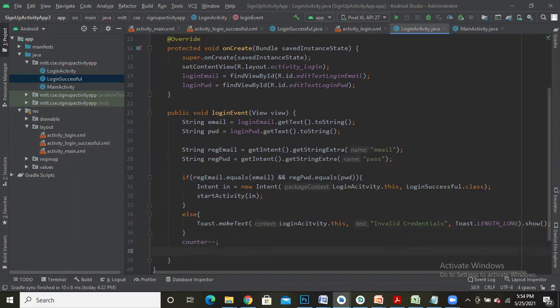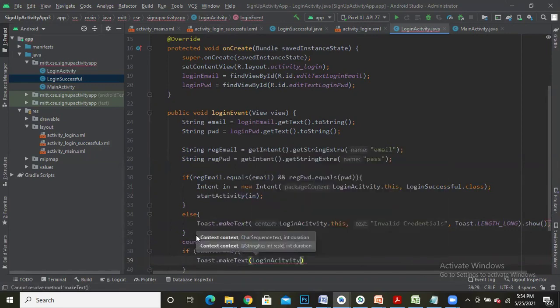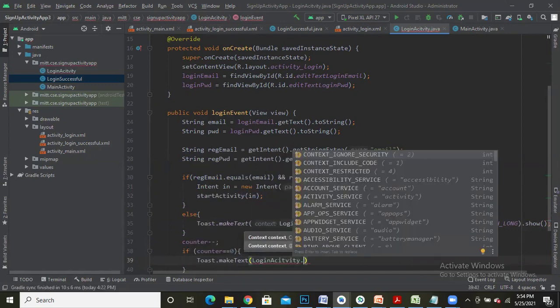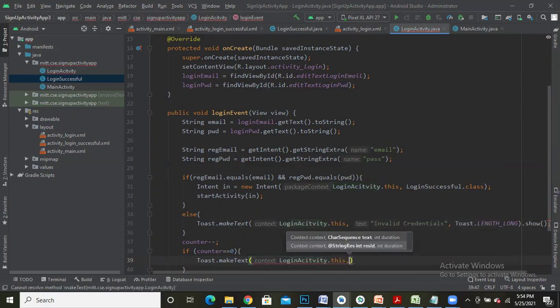Now after decrementing the counter, if I come to know that counter value is equal to 0, what I am going to do is display the toast message once again. Toast dot make text in the same login activity dot this with a message.